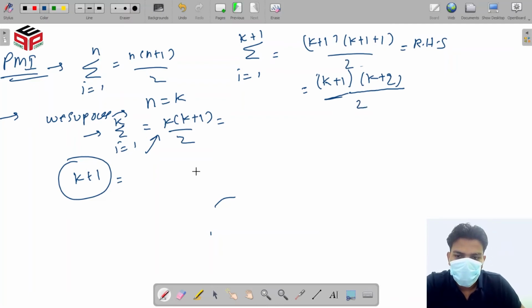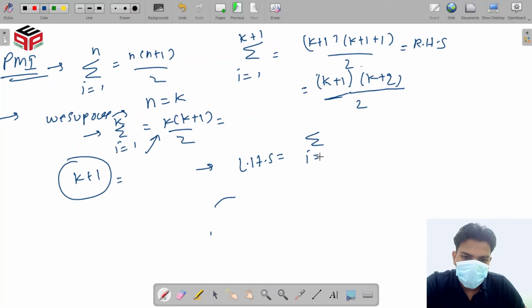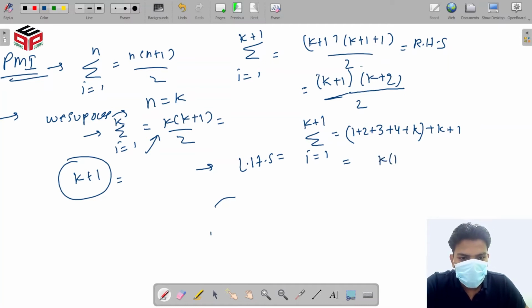So this is our RHS, and what is our LHS? Our LHS is sigma i equal to 1 to k plus 1, which equals 1 plus 2 plus 3 plus 4 plus up to k plus 1. This is equal to k into k plus 1 divided by 2, plus k plus 1.